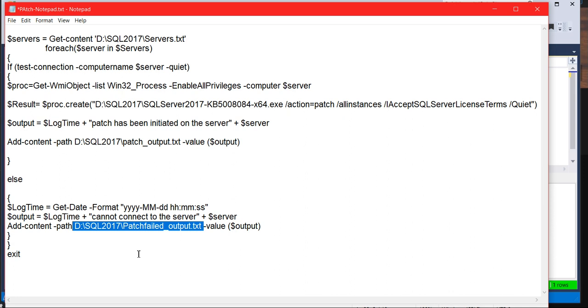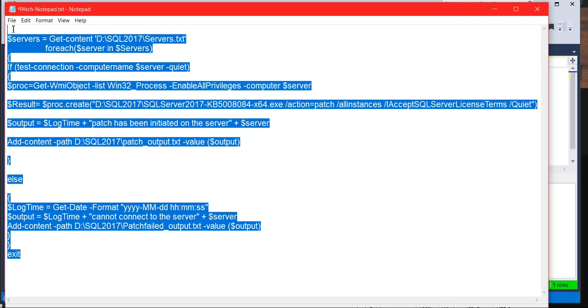It's just a one-line command, and this PowerShell script you simply need to copy, open your PowerShell ISE, run as admin, place it there and click on execute. It will start initiating the patch.